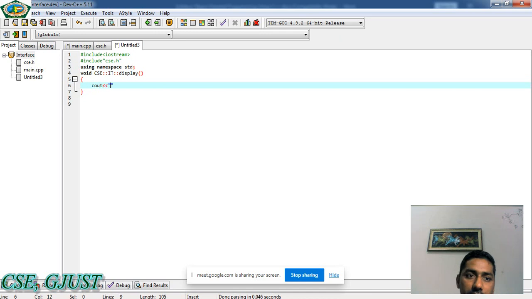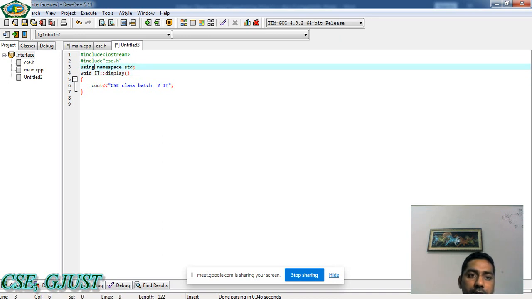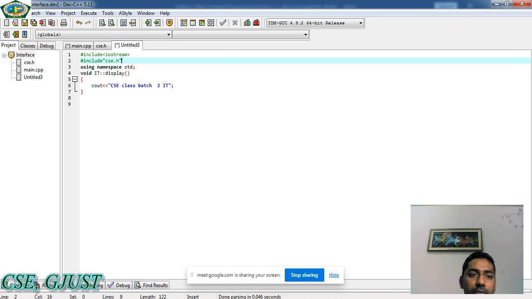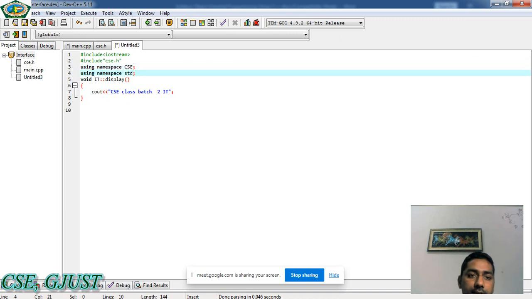There is a statement: CSC class batch 2 and IT. Here we are writing the name of the namespace. We can also write using namespace CSC, just like std.